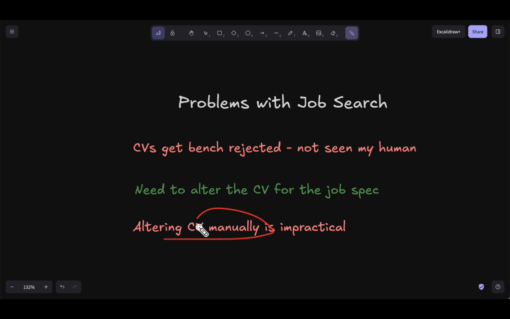And altering the CV manually is impractical because it's going to take a lot of time. With the way the job market is looking currently, you should be applying for hundreds of jobs in order to get a job in the AI space or in the tech industry. And so it's better to modify the CV with a bot rather than just change it manually for each job